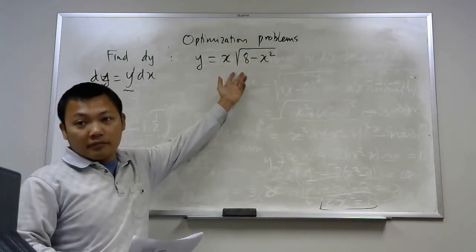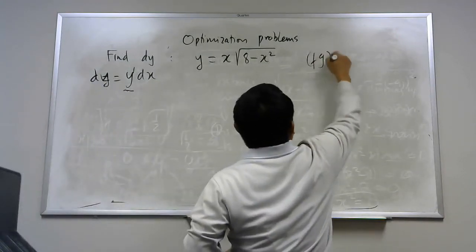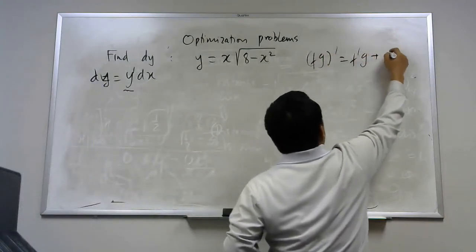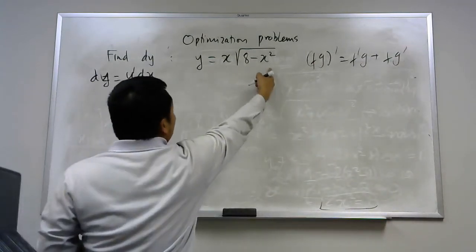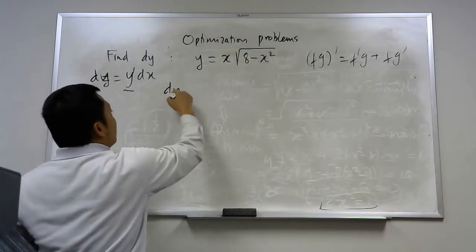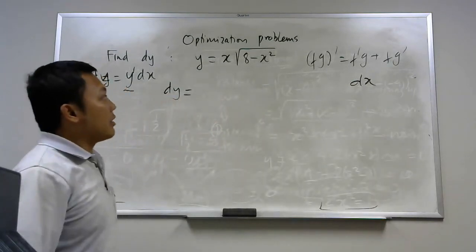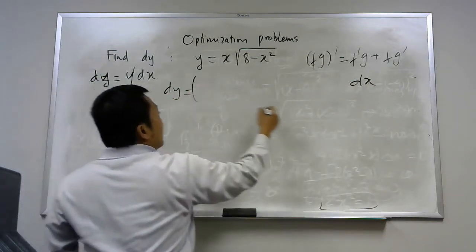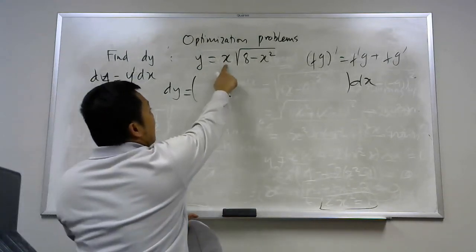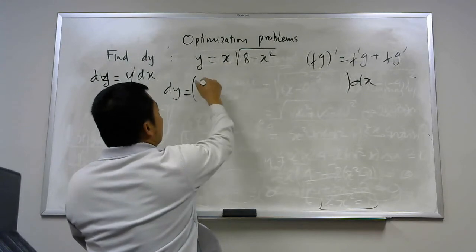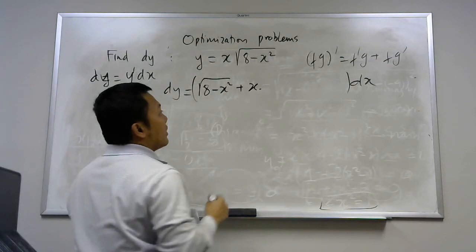We have a product. We need to use the product rule. So the derivative of fg is f derivative times g plus f times g derivative. In this case, f is x, g is the whole thing in here. So I have dy equal to, and I write in here dx, so we will not forget about that. Everything in here is the derivative of the function. So first, the derivative of f is 1, right? So I have square root of a minus x squared plus x, which is f,